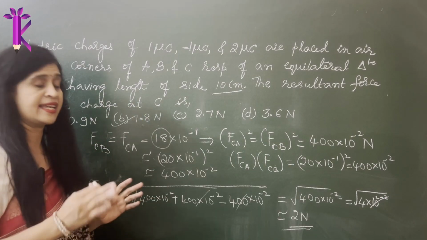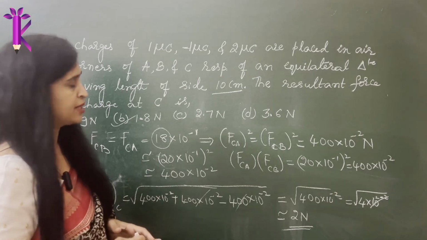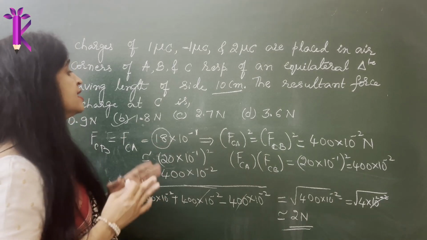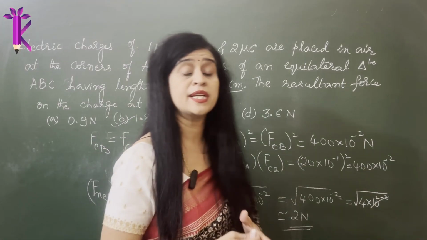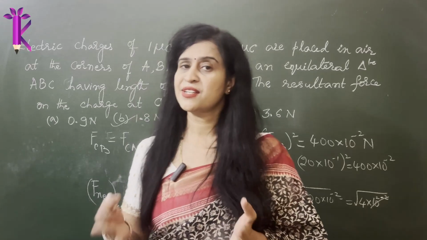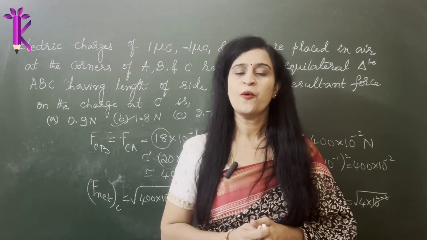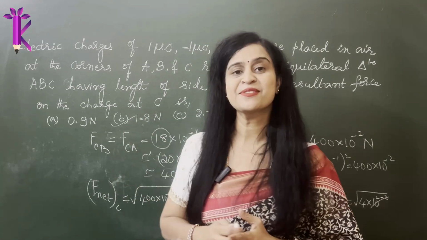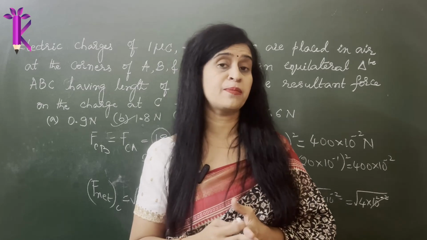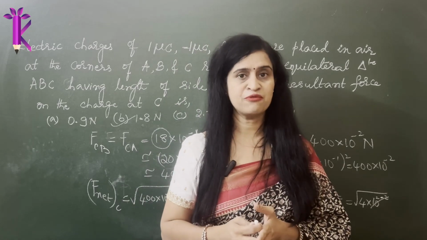If you had taken the exact square root of 324, which is 18, you would still end up with 1.8. Since it is an entrance exam numerical, I made approximations. So the closest answer definitely will be your answer. So the answer is 1.8. This is how you do approximations and save time.